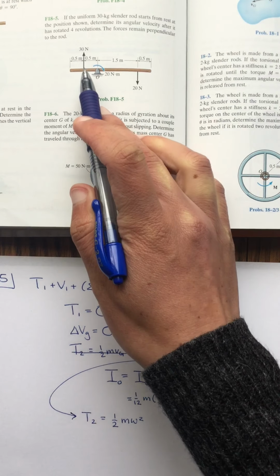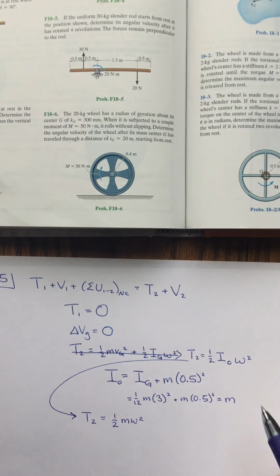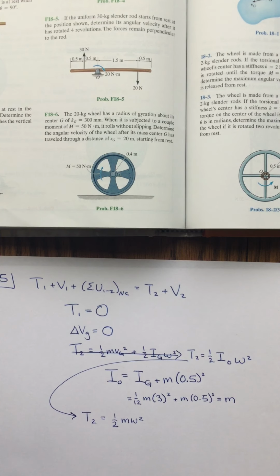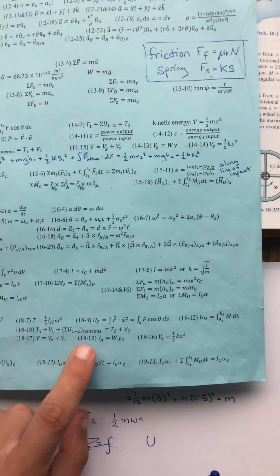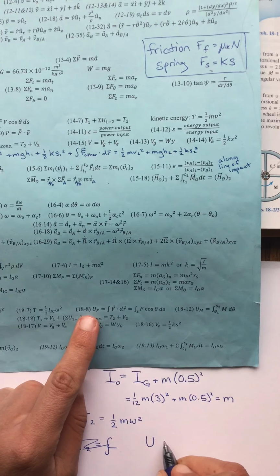So that would be my 30 Newton force here and my 20 Newton force here. For the work done, this is also the sum. This is going to be the work done by both forces. For each force, and never mind, let's just do it for one force. So this is equation 18.8. For one force, you would have